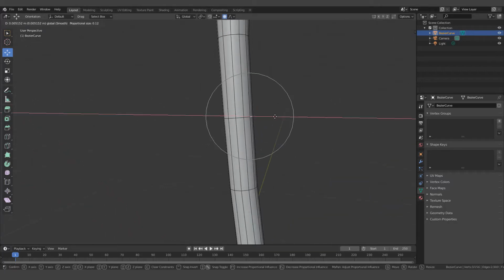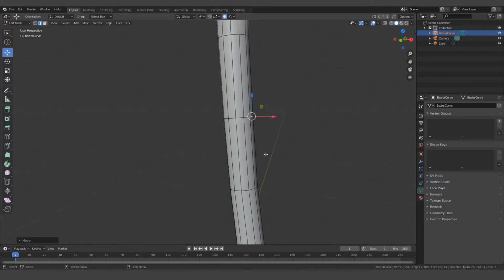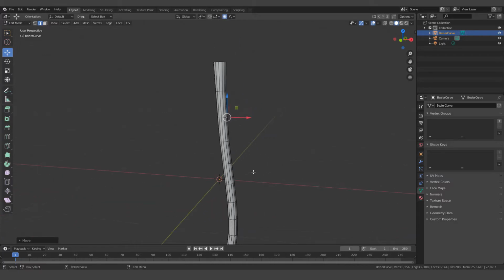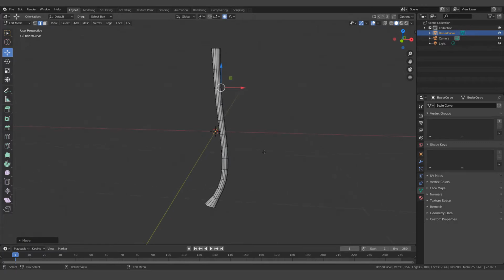Sometimes they're hard to get with the gizmo in the way. All right, something like that might look pretty good. Okay, cool. I'm going to go with that. I think that looks pretty fair for an axe handle. Okay, so let's hit